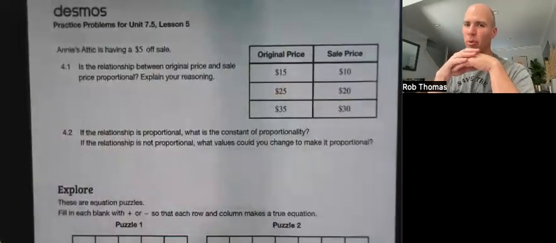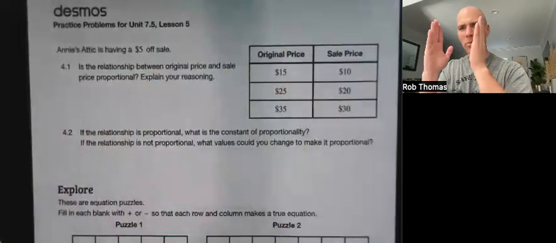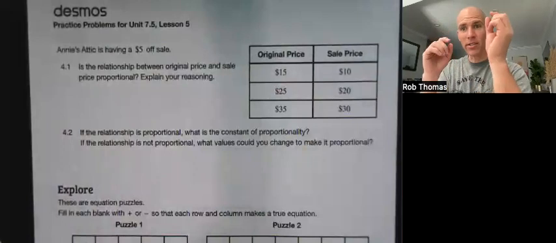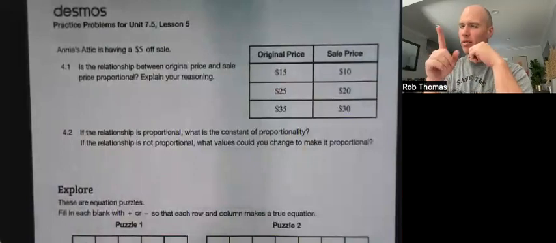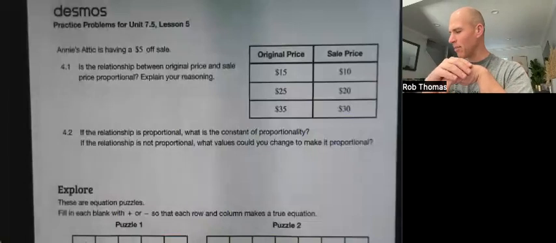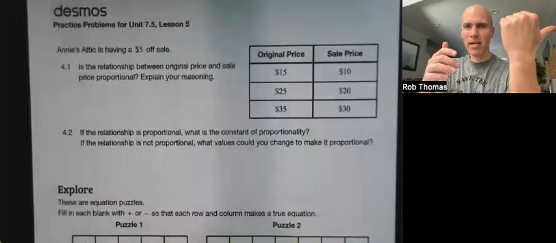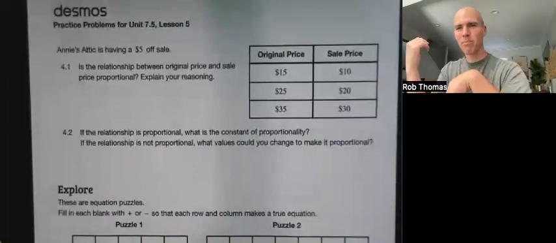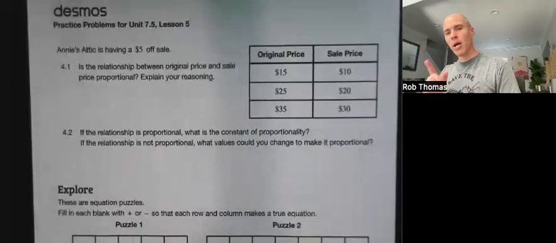This doesn't sound proportional to me, because proportional should be like ratios. Bigger things should have equivalent ratios, not just ratios. And so bigger things should get bigger discounts, right? Like everything's 10% off or something. If you're telling me $5 off everything, then if I buy a $5 thing, it's free. And if I buy a $100 thing, I still got to pay 95. Like, this isn't going to be proportional. But